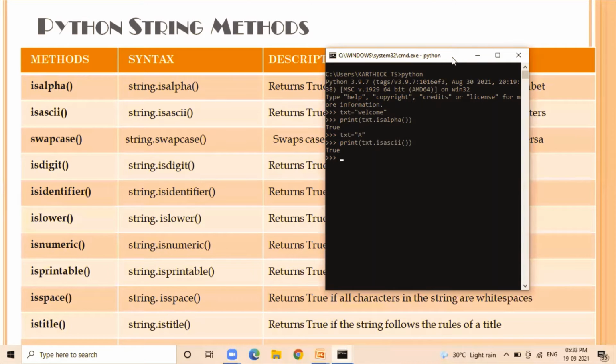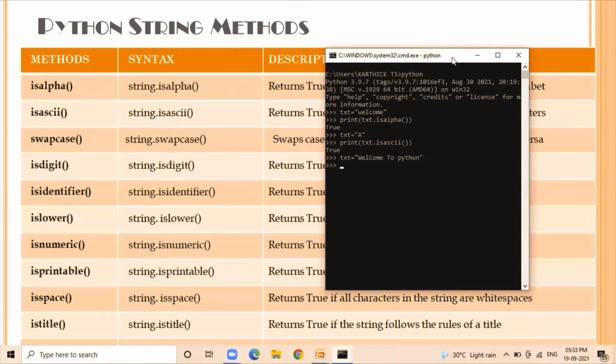Next, we have swapcase. In this method, swapcase converts the small letters into capital letters and capital letters into small letters. So let us create a text: Welcome to Python.